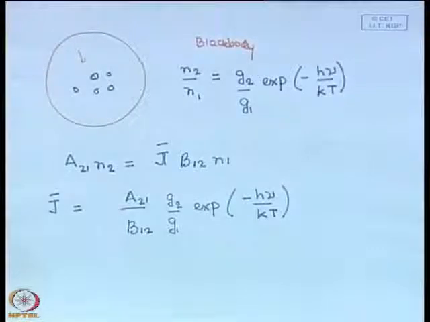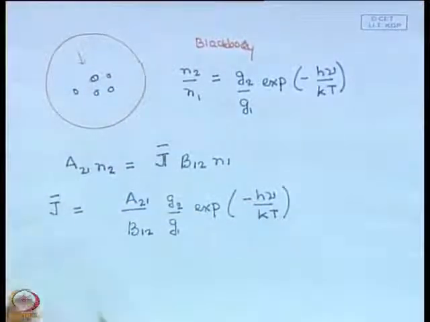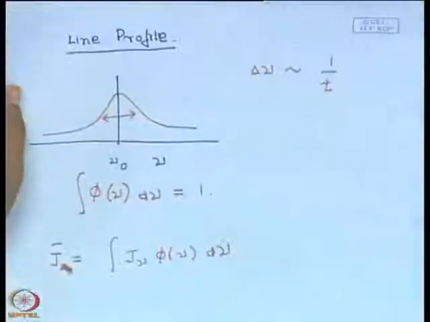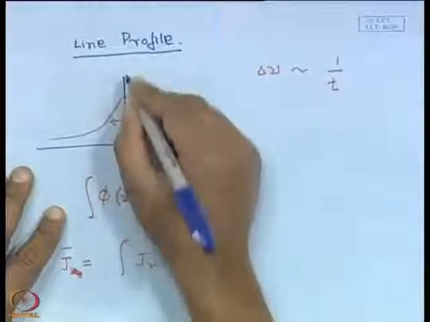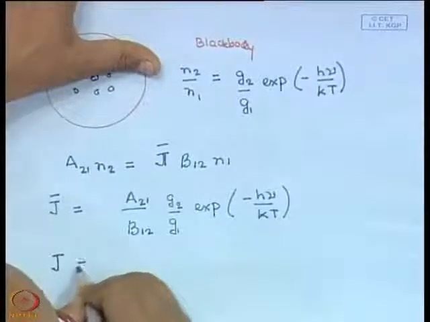But we know that the black body radiation has a J bar. So, the frequency that we are looking at is somewhere centered at nu naught, and at that frequency we know that the black body radiation J is equal to